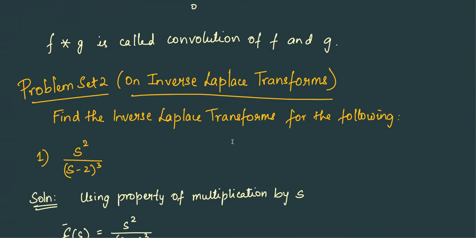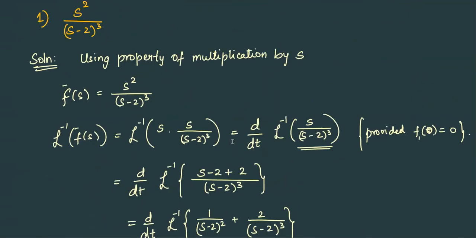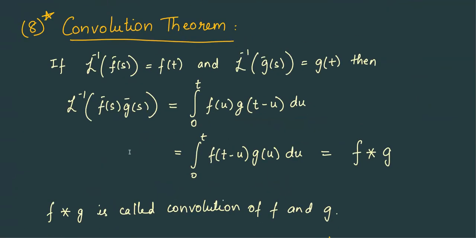And we discussed the convolution theorem, and we did a few problems. We did one problem on the convolution theorem. The convolution theorem says Laplace inverse of f bar of s is f of t, and Laplace inverse of g bar of s is g of t. Then the Laplace inverse of the product: suppose we know the Laplace inverse transform of two functions, then the Laplace inverse transform of the product of the two functions is integral 0 to t